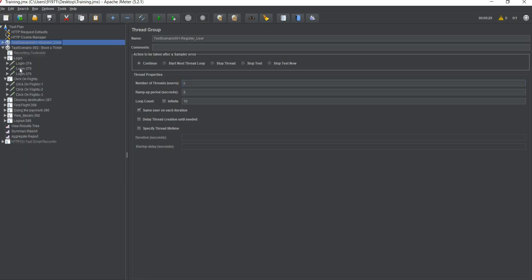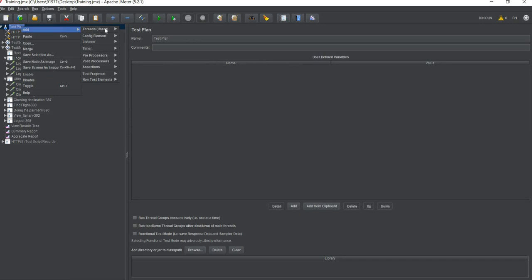So we have discussed sampler, we have discussed test plan, we have discussed thread group. There are various kinds of thread group, and various other people have created other kinds of thread groups, that is, third-party thread groups. You can install them using the plugin manager. We will even talk about the plugin manager maybe in combination with some chapter later. Now let's just move ahead.